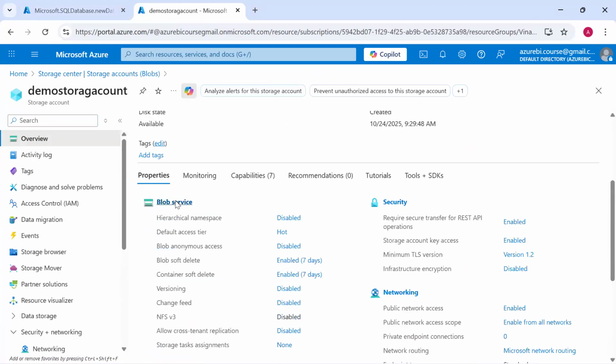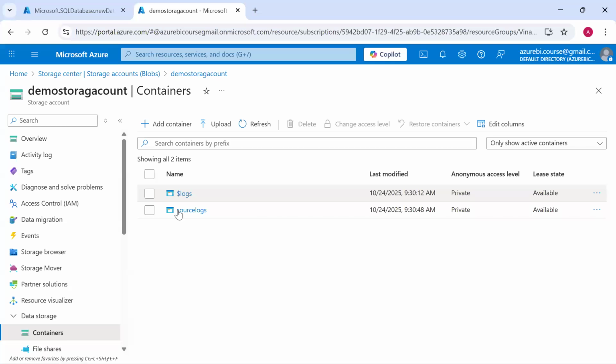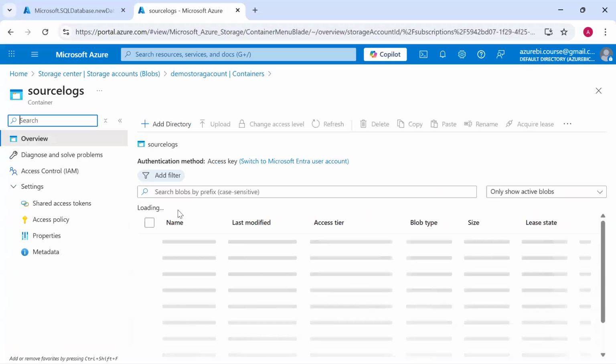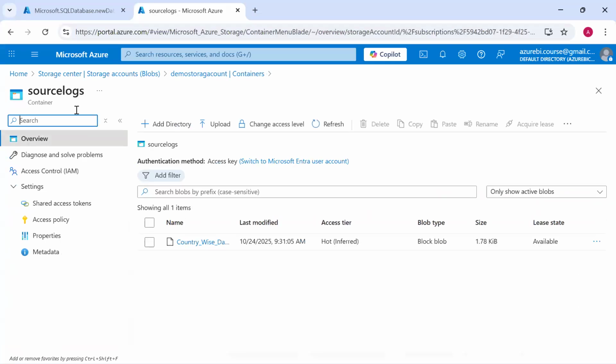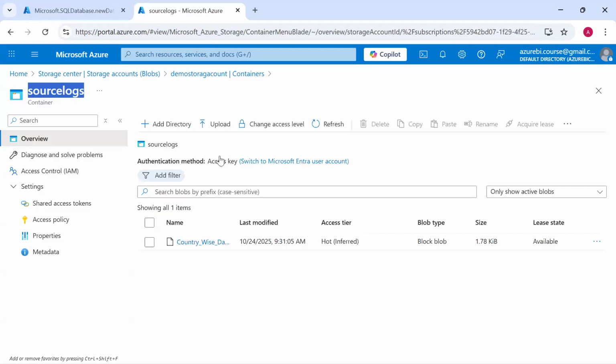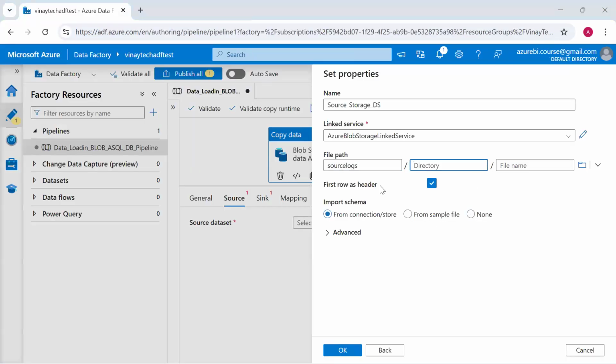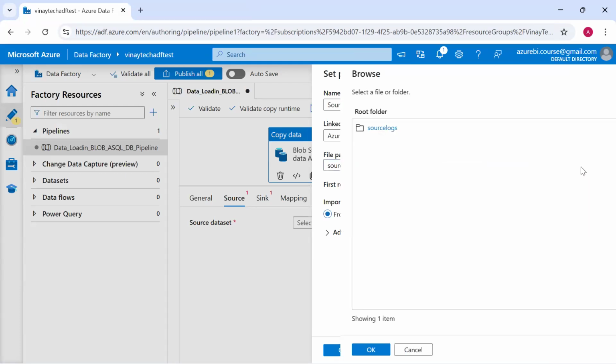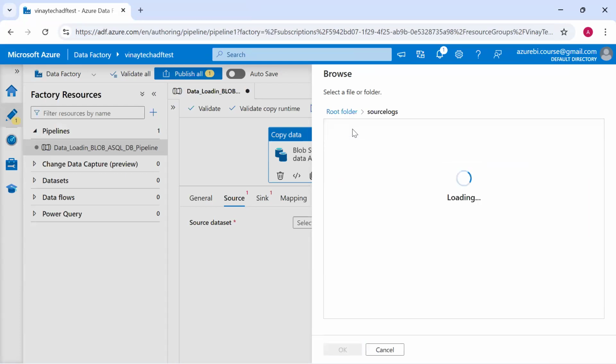Under that, we have a service called Blob, binary large object, data storage. Inside this, we have a file. So the same thing we have to tell the data pipeline: there is a container. What is the container name? This is the container name. Are there any folders or subfolders? No folders, but there is a file. If you don't remember this one, just browse it. There is a container, and inside the container there is a country-wise file.